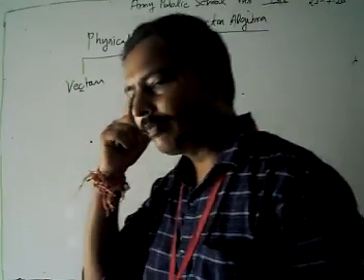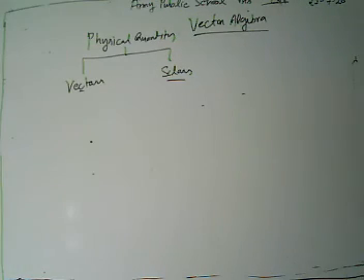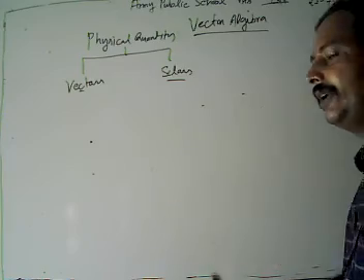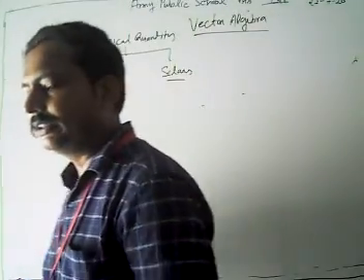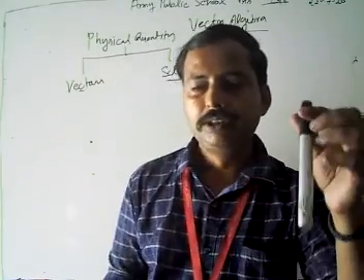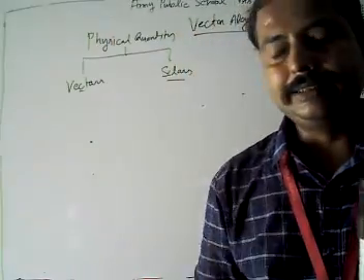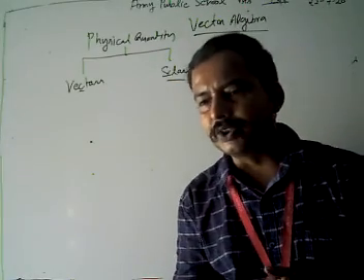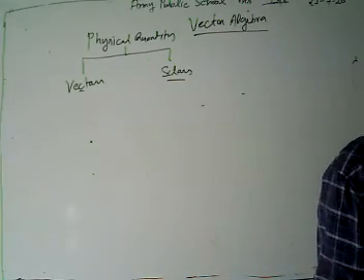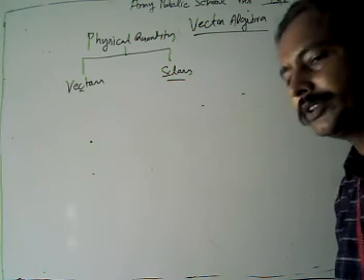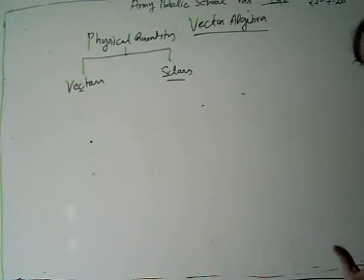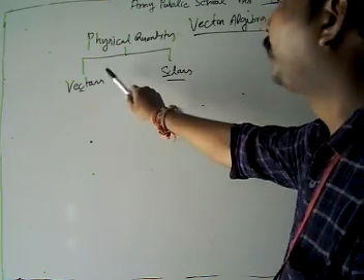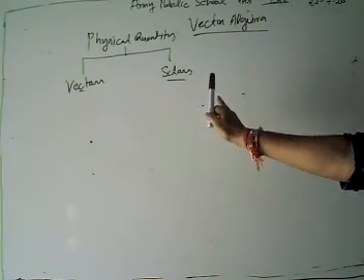What are vectors? Look, whenever we find out the length of something, suppose I tell you the length is approximately 5 centimeter. Then there is a number 5, and we also use centimeter. Our number is always associated with the measure of some physical quantity. In terms of physical quantity, it is divided into two parts: first is vector, second is scalar.